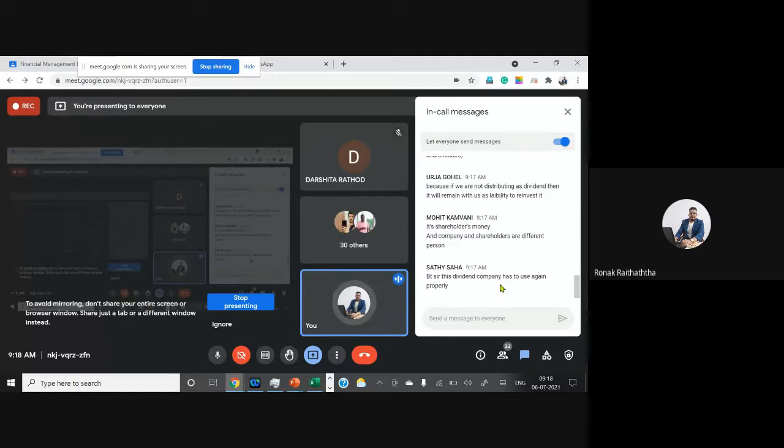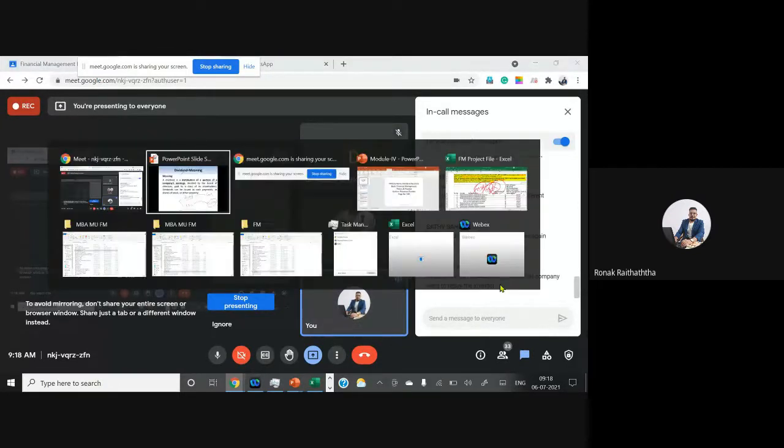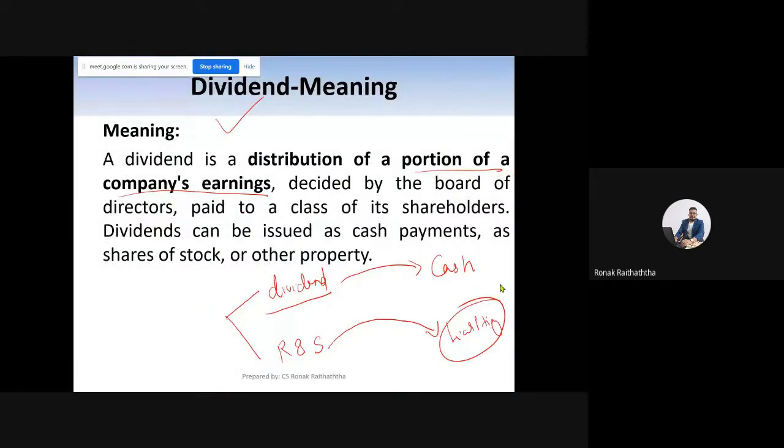Company is different from its owners. Company has a separate legal identity. Company can initiate legal proceedings. Company can file lawsuits in its own name. Company can purchase properties in its own name. That is the reason the money is supposed to be paid to the owners. Even though they are owners, the company is a distinct, separate legal identity. That's why it's there on the liability side. Many of you have given the right answers. Nice to see that all of you are very active.